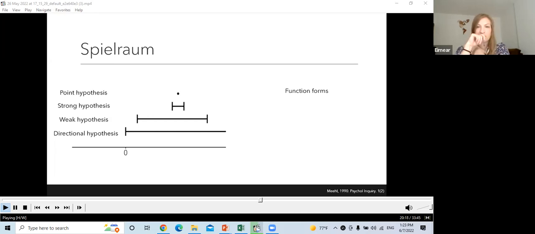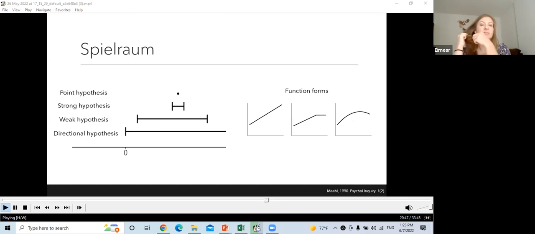They can also predict functional forms of data. So in the example we're going through here in terms of intervention effects, it might predict the shape of the dose response model. It could be linear, it could be some sort of plateau, it could be some sort of quadratic function. All of these things are very important because they help us to plan studies better to then test our explanations for the capacities that we're interested in. And it's this formalization that leads us to be able to improve the research that we do, or at least I think.